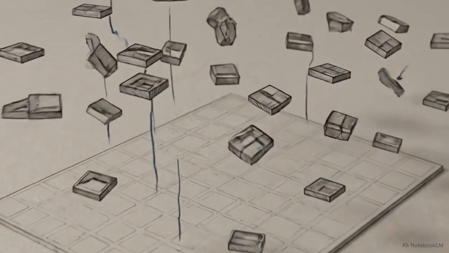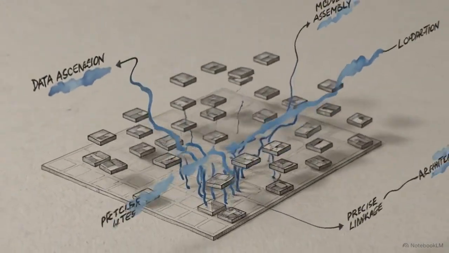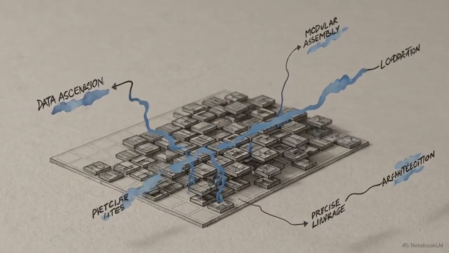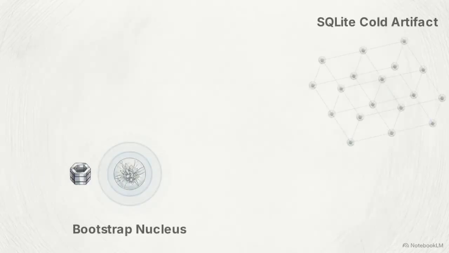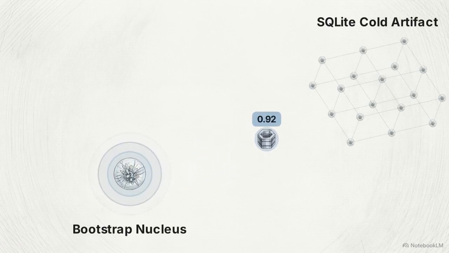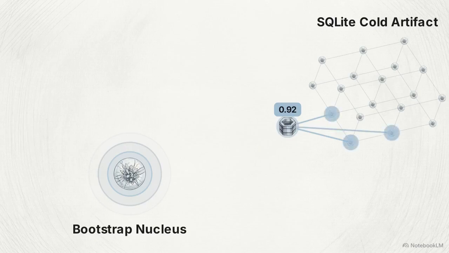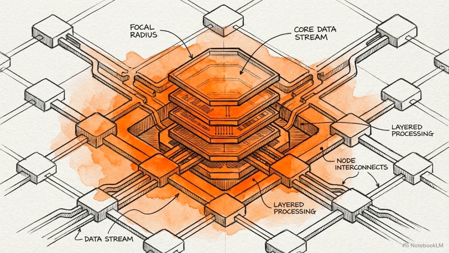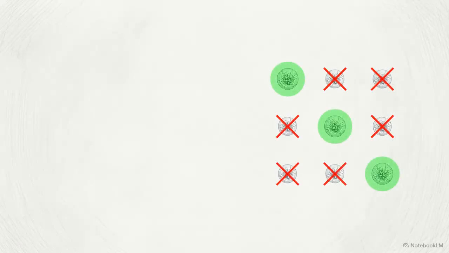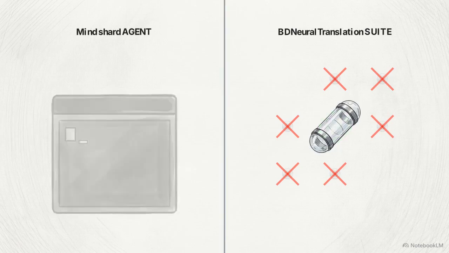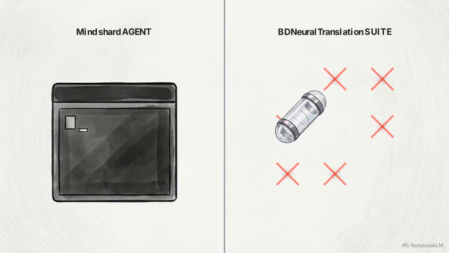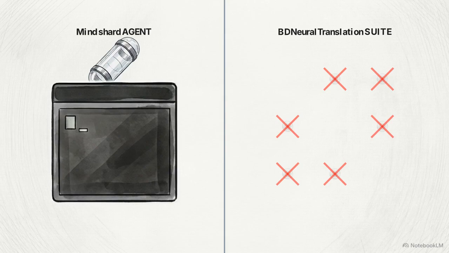This visual represents the beginning of the pipeline, raw source code entering the splitter to be transformed into multi-surface hyperhunks. Those hyperhunks pass through the bootstrap nucleus, forming mathematically explainable edges within the SQLite cold artifact. When a query occurs, the hot engine pulses with matrix activation, using excitatory and inhibitory pressure to extract a finalized bag of evidence. That bag of evidence passes back across the architectural boundary, injecting directly into the Mindshard agent runtime